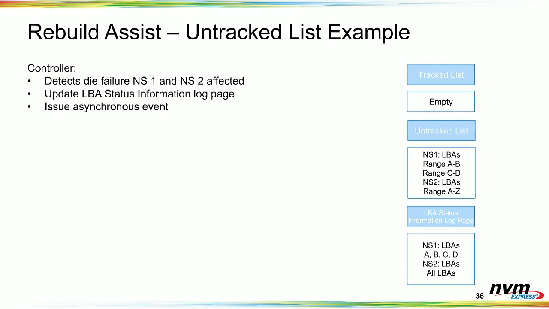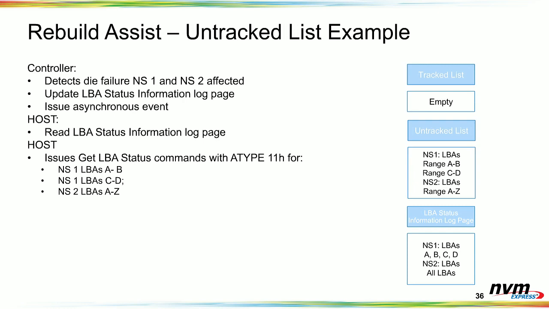So the controller updates the LBA status information log page with that information and issues an asynchronous event. The host reads the LBA status information log page. It gets the information about the fact that the LBAs in range A through B and C through D, if it's working on namespace 1, have potential errors, and in namespace 2, that in A through Z there are potential errors. So at that point in time, the host issues a get LBA status command with a type of 11H